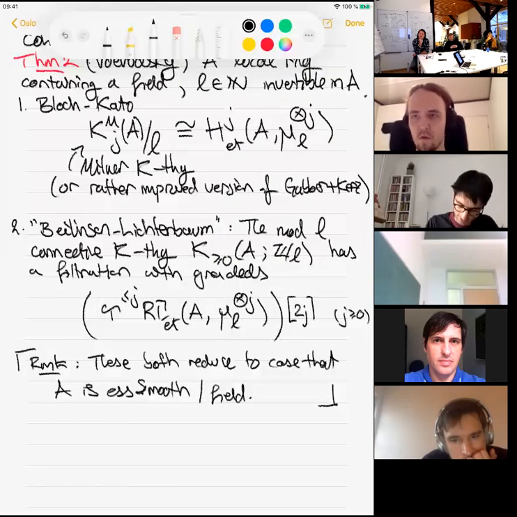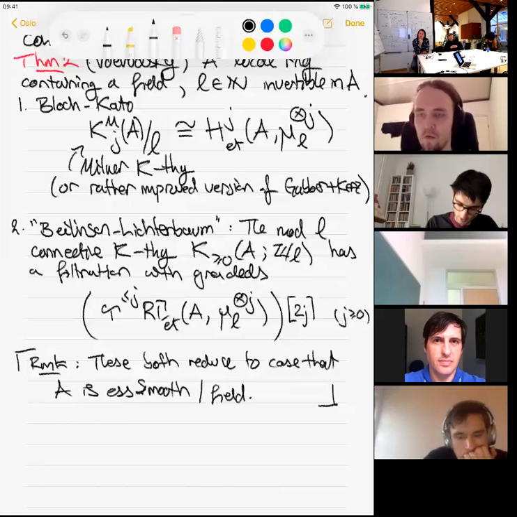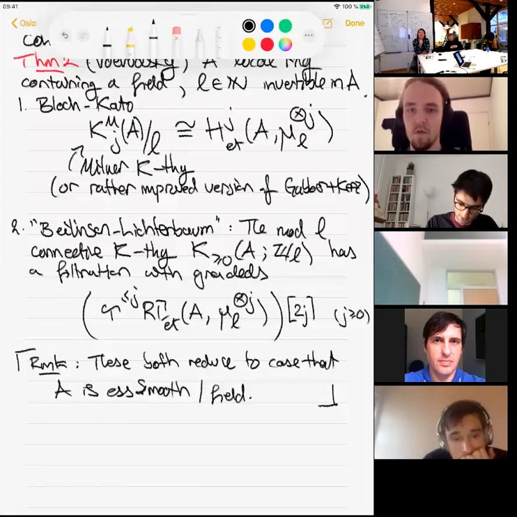Right. Suppose that L equals P. I want to take K theory with mod P coefficients, and I'm just wondering if I have the same Postnikov filtration with the same layers. So which filtration is it that you're